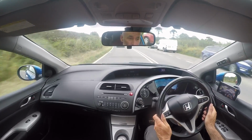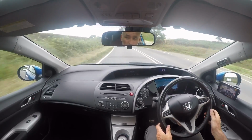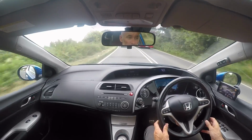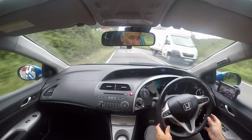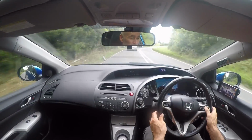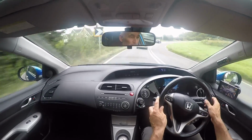I can't fault the drive of the car in any way, and I don't think anybody could who came to drive it. The first impression you get when you drive it is it's solid. It doesn't feel its age in any way, shape or form. Every single thing I've touched and pressed works absolutely beautifully. I'm just checking the cruise control works, and it does beautifully. So I knew I'd forgotten something,